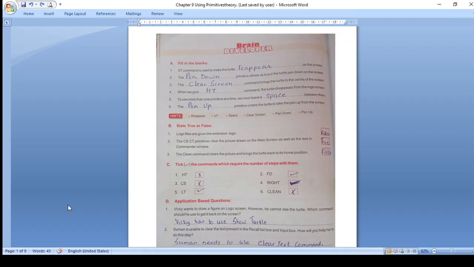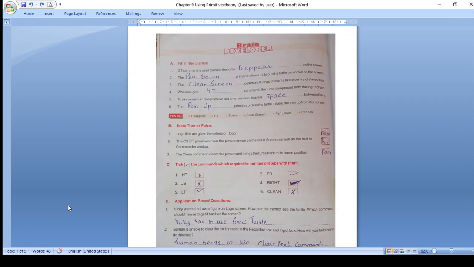Tick the commands which require the number of steps with them. HT, we do not write anything. CS also is written alone. Clean command is also written alone, right? We don't specify any number there. LT is left, right? But we have to specify how much left: 20, 30, 40, 90, how much left you want to turn the turtle. Same way FD, forward, how many steps you want the turtle to move in front.